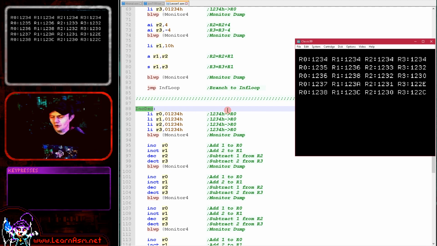Like most systems though, we're going to want to do incrementing and decrementing, increasing by 1 and decreasing by 1. We of course have increment and decrement commands, but unlike most systems we have quite a nice little command here. We have inct and dect, and this increments by 2 and decrements by 2. So I guess this is for reading in 16-bit values. You don't want to move by 1 byte, you want to move by 2 bytes, and we've got special commands